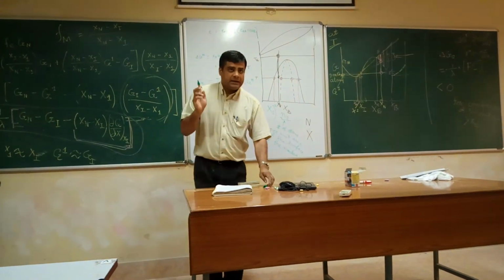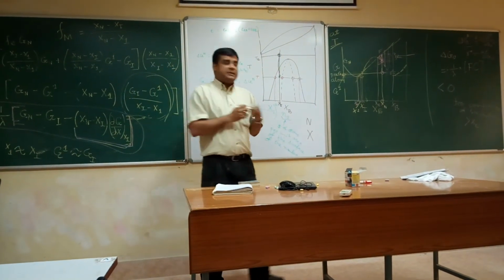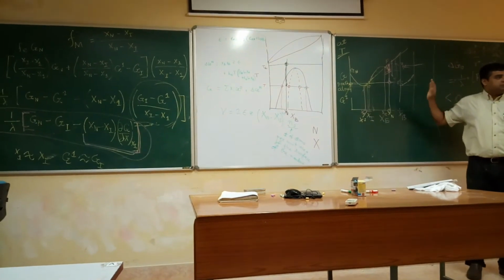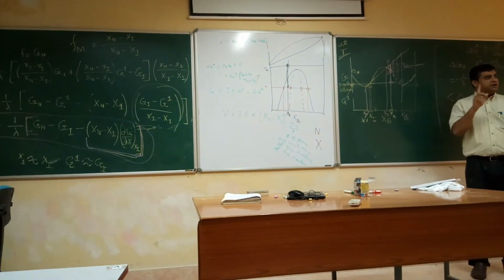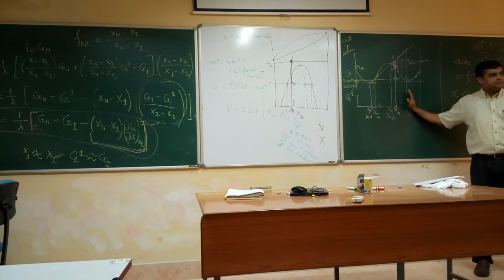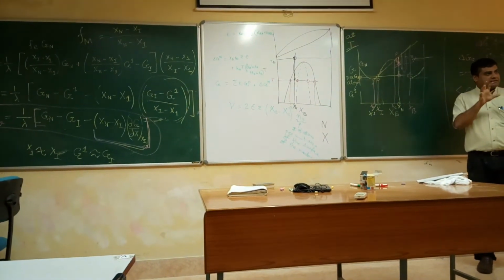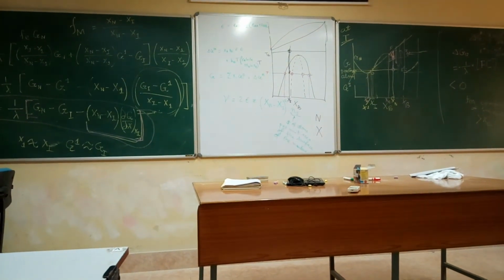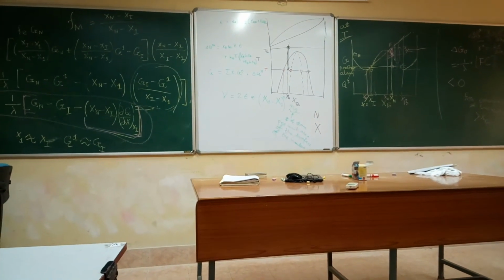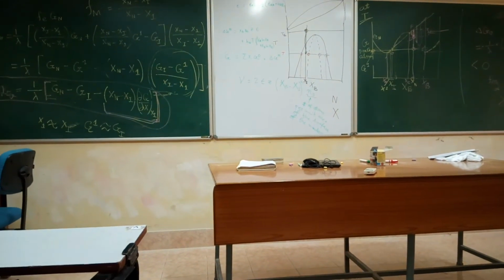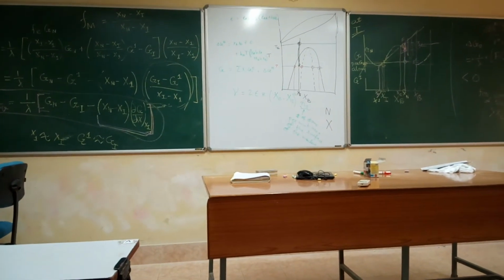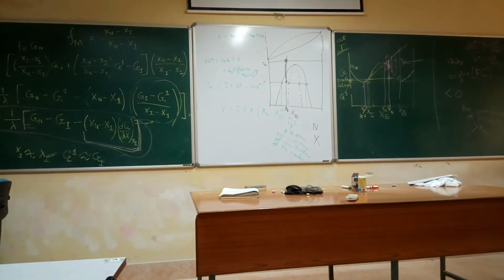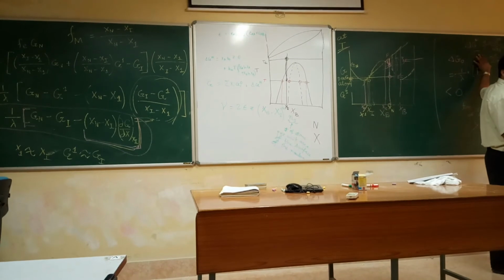So let me repeat what Baker did. After doing all these analyses, Baker assumed the nucleus that forms is of one composition, that is x beta. It is chemically uniform inside the embryo or the nucleus that is forming. Then he used that composition, so composition is fixed now. Then he used the classical nucleation theory with that composition to find out the same equations for delta G star and R star.